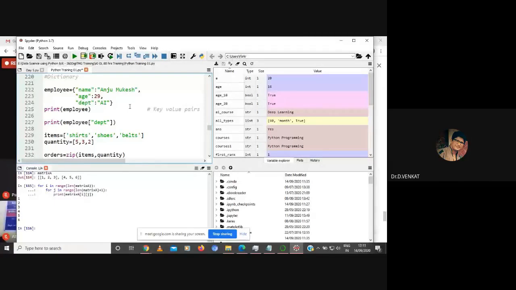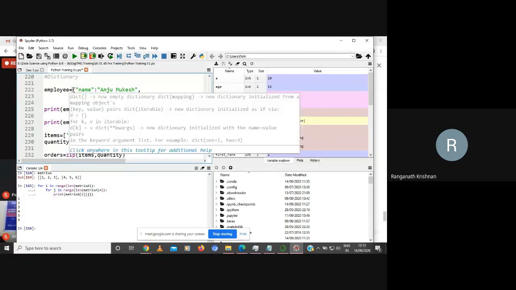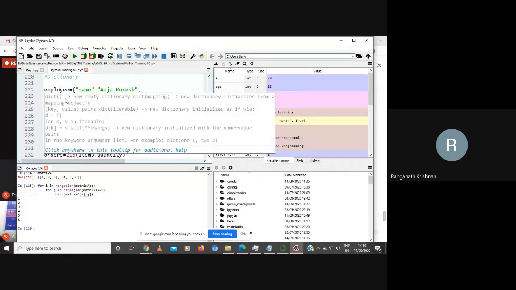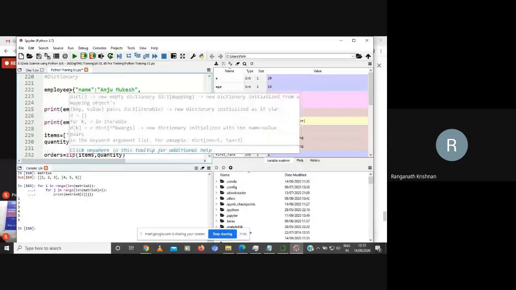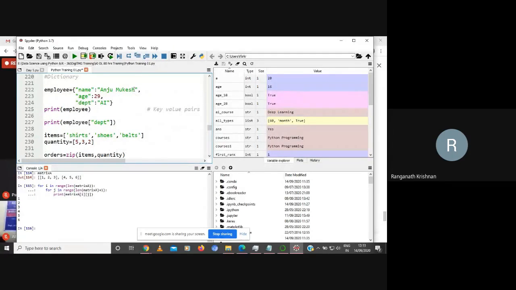JSON and XMLs generally store things in key value pairs. If you want to use a flower bracket and declare something, it becomes a dictionary. I'm going to declare a dictionary object employee, name Anju Mukesh, age 29, department AI.